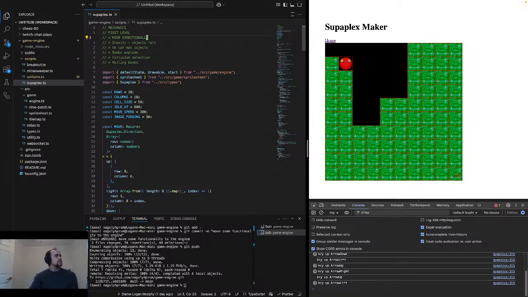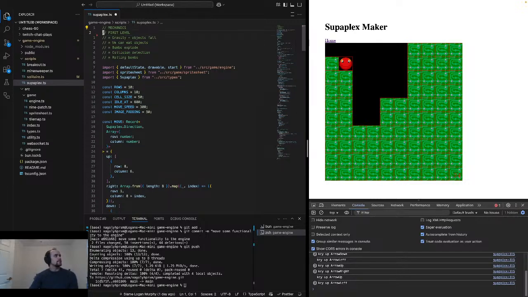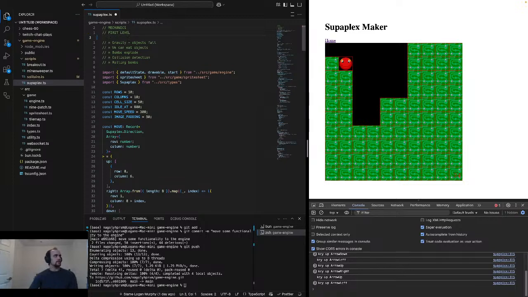So we can move directionally. That's great. We can eat objects. Okay. And then we can eat directionally. Right. So what I'm thinking is we can eat objects. Maybe we do the